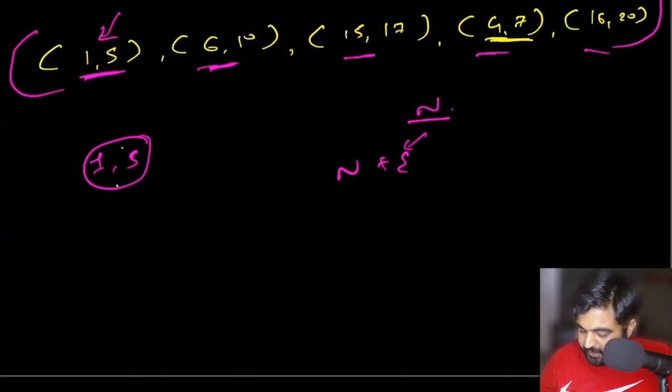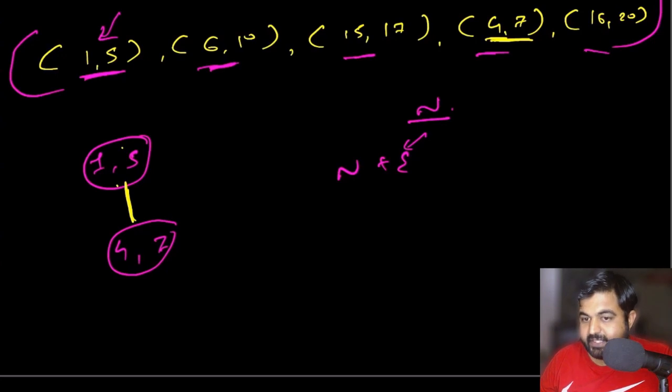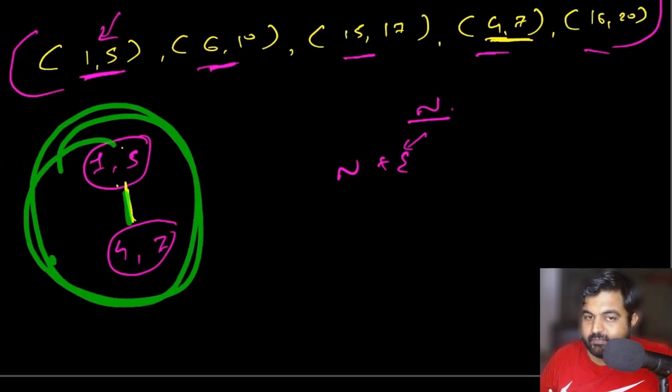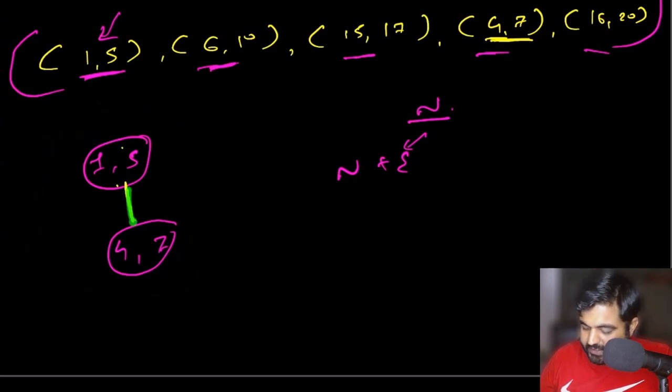So for 4 to 7, the starting value is 4. And because the starting value is 4, we can create an edge between these two, stating that they are connected. What we mean by connected is that there exists an overlap between these two values and we will have to resolve them. So this is the first way. Second thing, again, we are going to repeat the same thing. Okay, so let me take this value 6 to 10. Again, we are going to create a node 6 to 10.